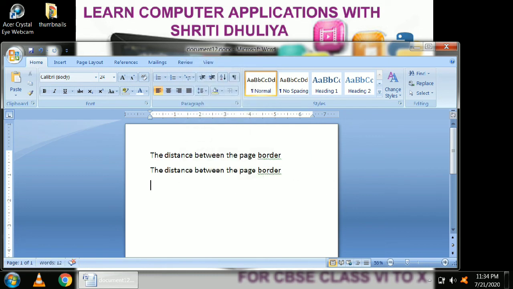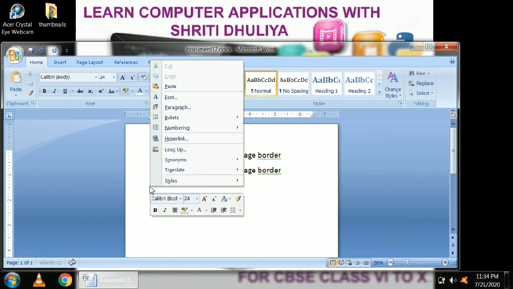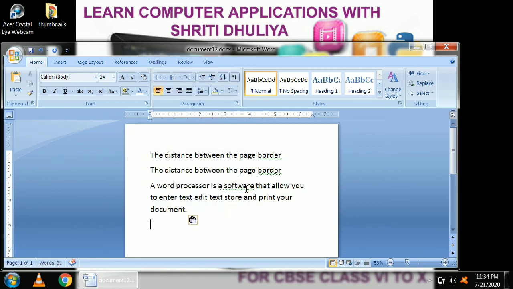Now go to the location where you want to move this text. Right click here and select paste option. Now you can see the moved text.